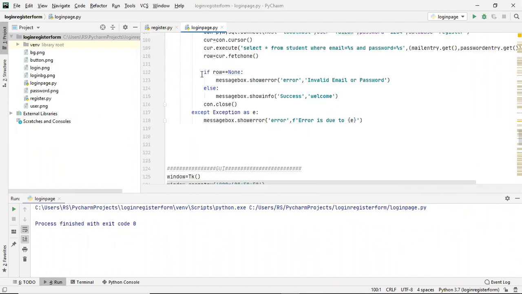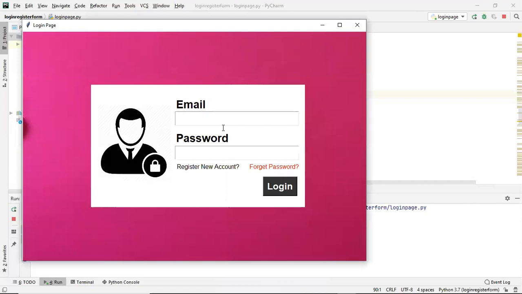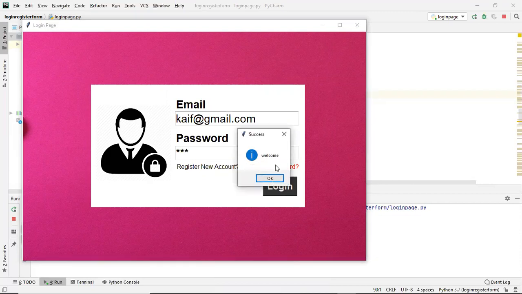If I just show you what we can do next: if I run this and enter the correct credentials here, caf@gmail.com and the password 123, and click on the login button, then instead of getting a welcome, I should be redirected to another project, like a restaurant management system or retail system or any project like that.